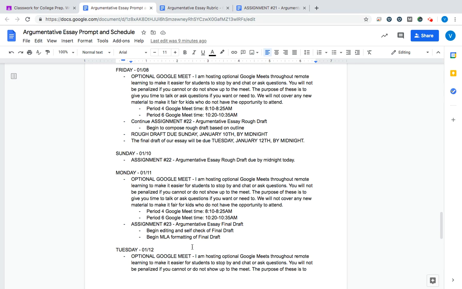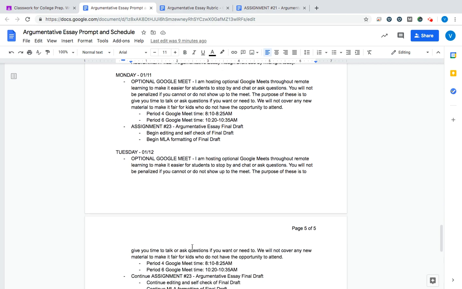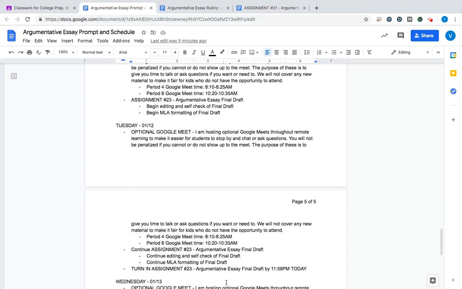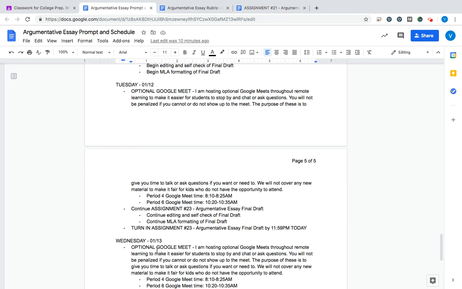I will have some exercises and instructions for how to do that posted next week to polish our rough draft into, probably wouldn't be the fullest version of a final draft if we had some more time, but we're gonna call it our final draft. And that will be due Tuesday by midnight, so you can spend Tuesday working out the kinks, proofreading, editing, formatting, all that stuff. So it'll be due Tuesday by midnight.